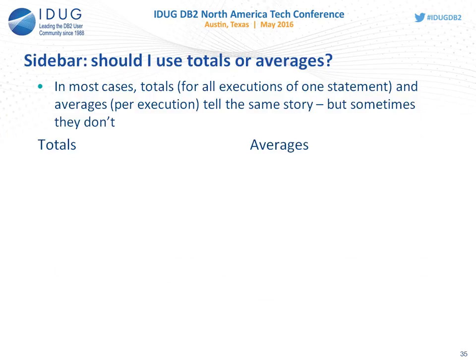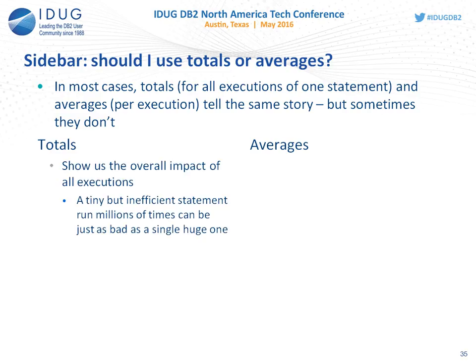Totals versus averages. This is interesting because MON_GET_PKG_CACHE_STMT gives you both. And sometimes you want one, and sometimes you want the other. So I would suggest you get both. And we're just going to talk a little bit about that. When I say totals, MON_GET_PKG_CACHE_STMT might say there's 1,000 executions of a statement, and the metrics it gives for that statement are the totals for all executions of that statement,